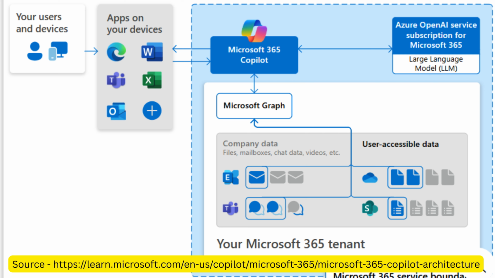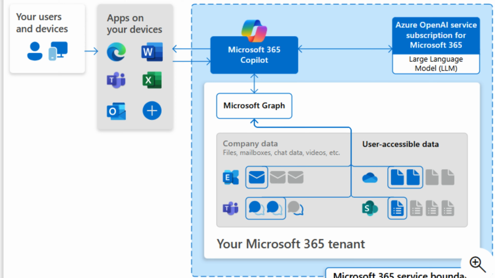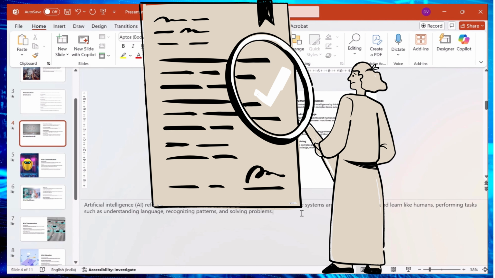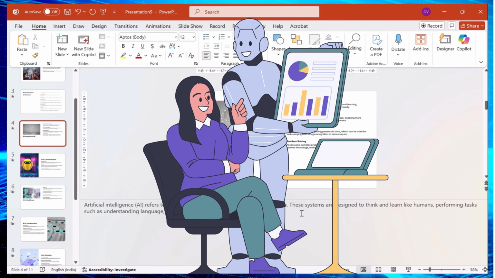Again, just a sanity check for you guys. Sometimes it misses the tone you want. Sometimes it's not really sure if it is a positive tone or negative tone, so we have to do a sanity check by reviewing our data. You still need to fact check the content to see if it is good or not, and then we have to take actions accordingly. It is an assistant, not a brain replacement.